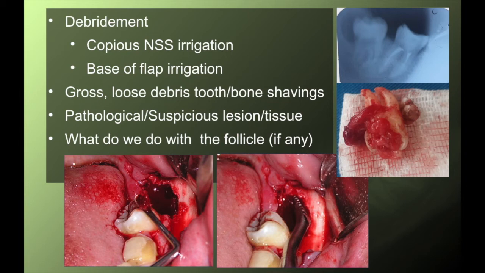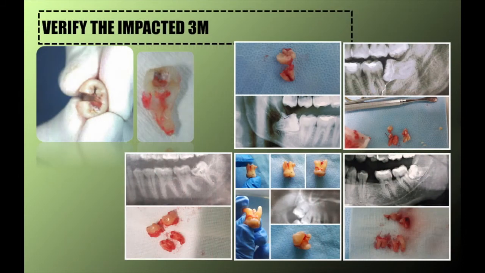Questions on what do we do with the tissue taken out? For me, my personal insight is that when it is suggestive of a pathology or it appears very suspicious, then I'll subject this tissue for histopathologic review. Now, more than just for record-keeping purposes, verifying all the retrieved components and recreating the tooth before closing the case